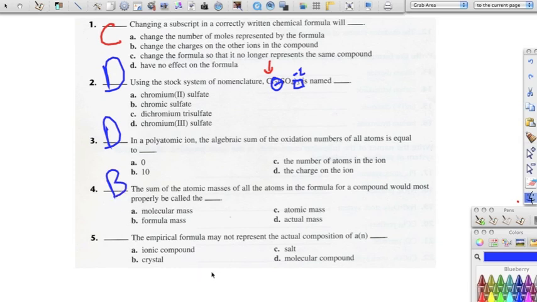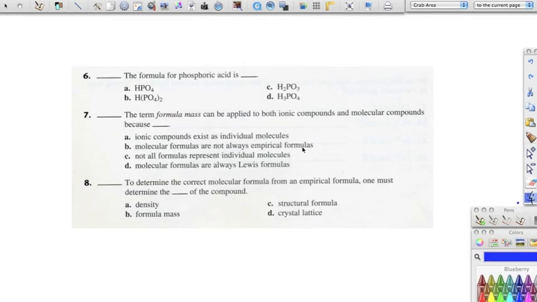Number 5, it says the empirical formula may not represent the actual composition of an, and the answer would be D, molecular compound. Okay, moving on to number 6, it says the formula for phosphoric acid is,